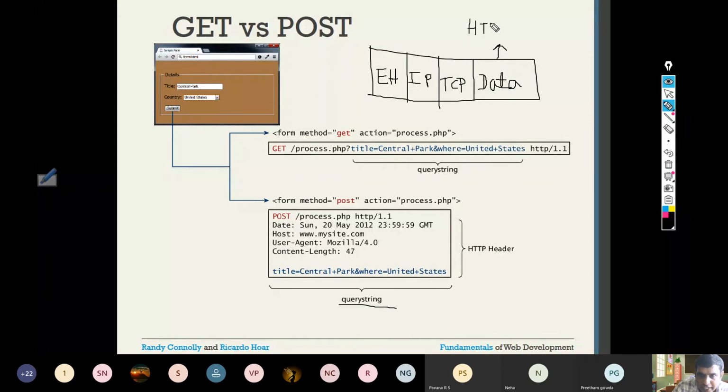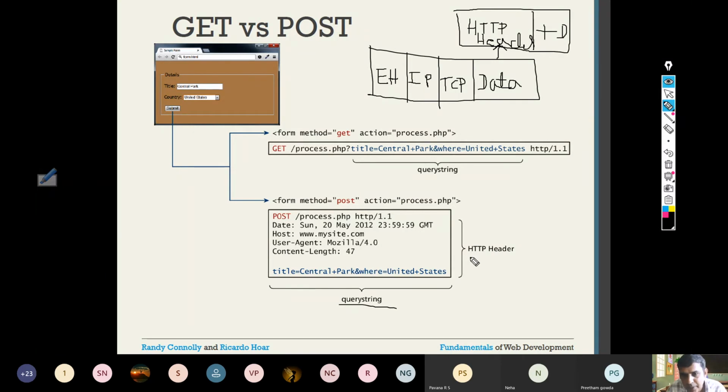There will be an HTTP header format. So HTTP header plus actual data. That means the data will be in this HTTP header plus data. That's what I was speaking about, the HTTP header. So immediately after the TCP or UDP header, the data part not just contains data, but also the application header, the application protocol header.